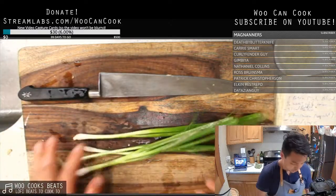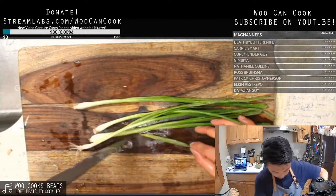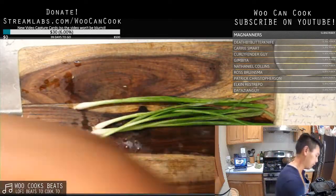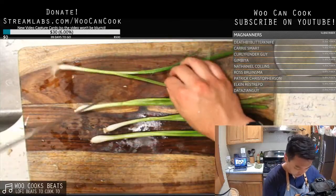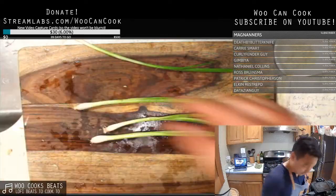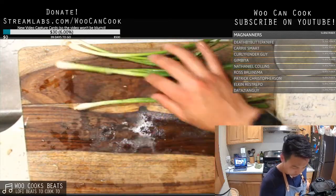And then next up, what we're going to do is something very similar with our green onions, but today we're going to separate our green onions. You'll see me doing that very, very often because green onions have different qualities about their different parts. So first off, if you have older green onions, I think I bought these yesterday,